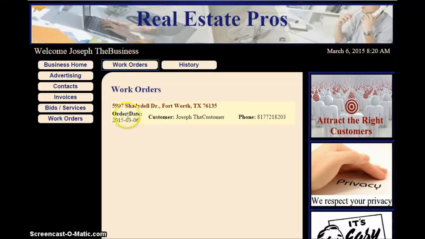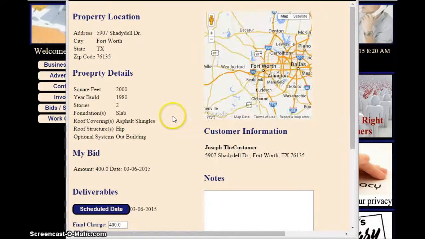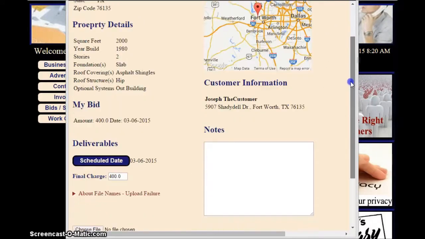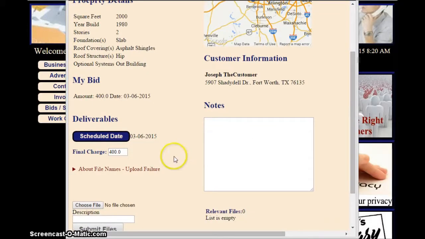and our work order says, hey, here's the address and the customer contact information. So we click on the work order. As you see, it's similar to the bid request form. However, now you can schedule the date. Let's say you work it out with a customer to be a couple days later, so you would change this date. You could amend the final charge,